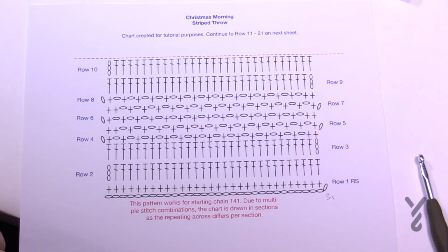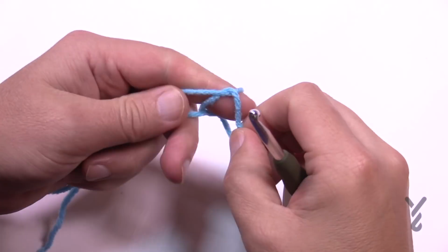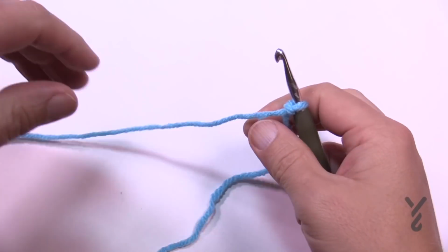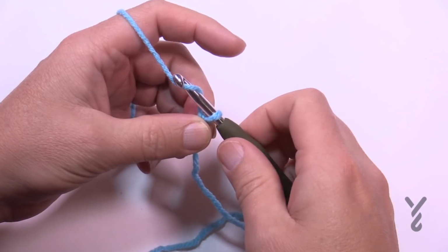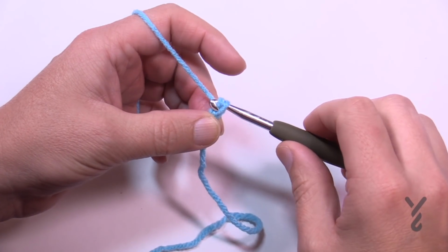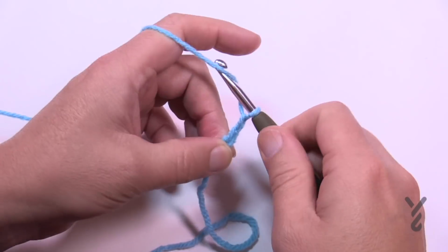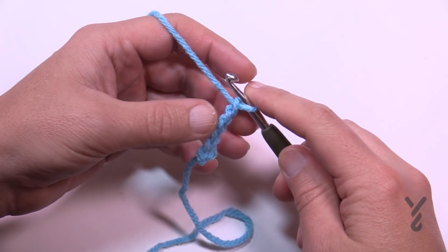Let's begin the chain and start row number 1. We're just gonna create a slip knot. This is an intermediate level project, and we're going to chain 141. I'm just gonna do a small swatch with you today just to demonstrate these stitches for you. So just 1, 2, 3, 4, 5, go all the way to 141, and meet me back here in just